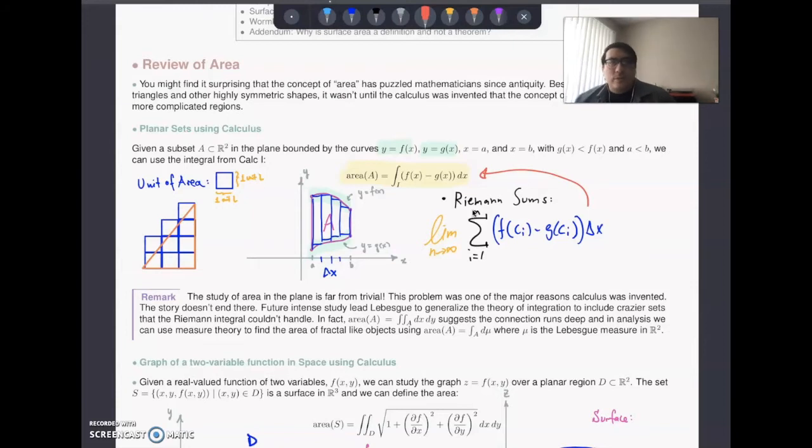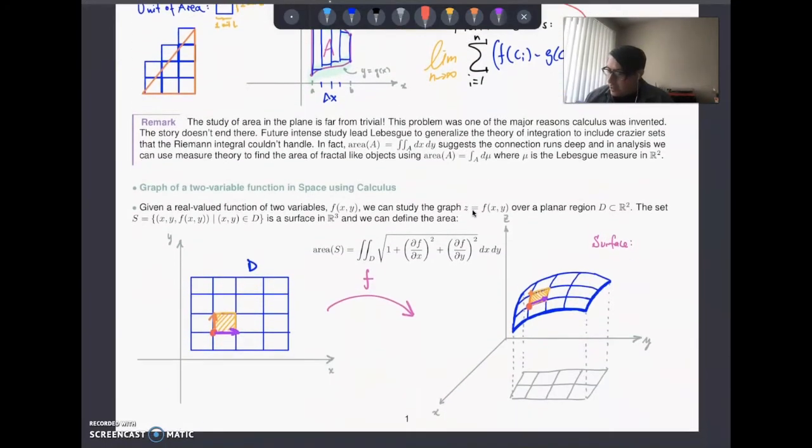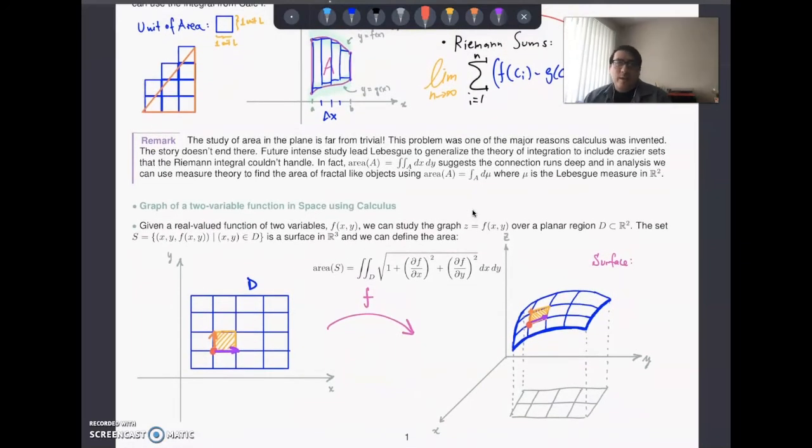So this gives us an interesting direction into the concept of area, where if you have a fancy way to integrate, you can talk about the area of more interesting objects. But I'll leave that as just a remark, since we are interested in smooth things. So we're going to basically use the Riemann integral and ignore integration theory. So let's go to another case that you might remember. Let's talk next about